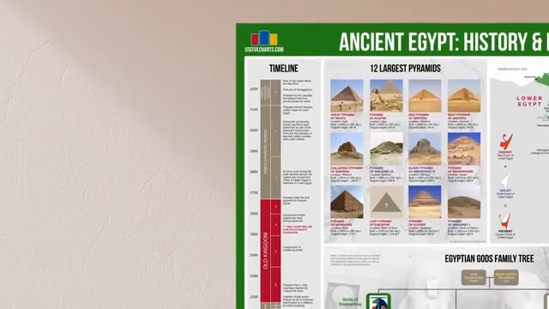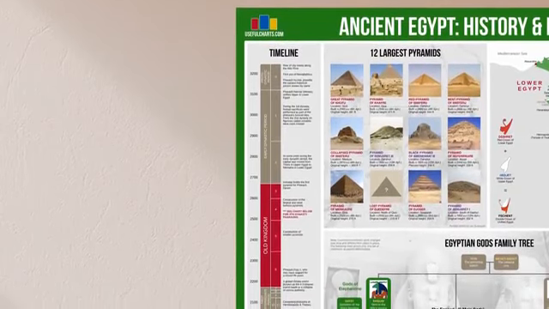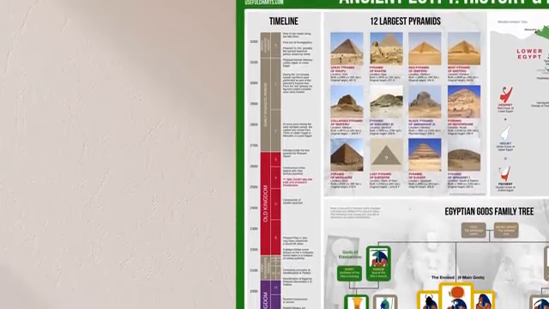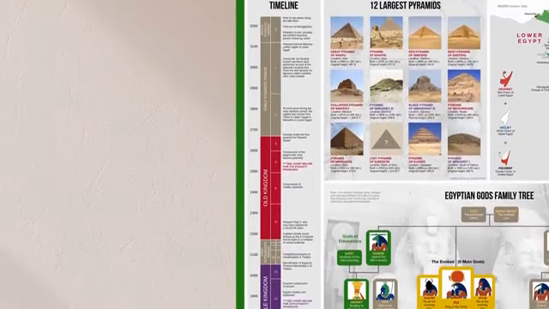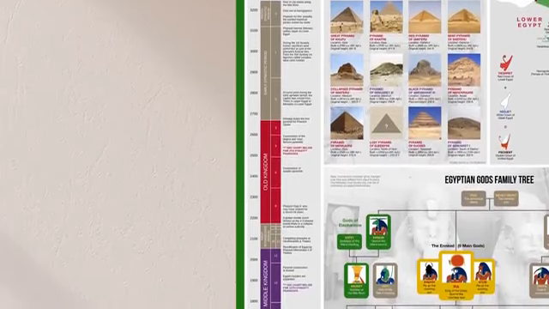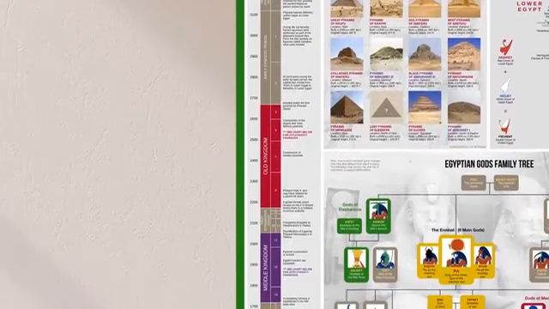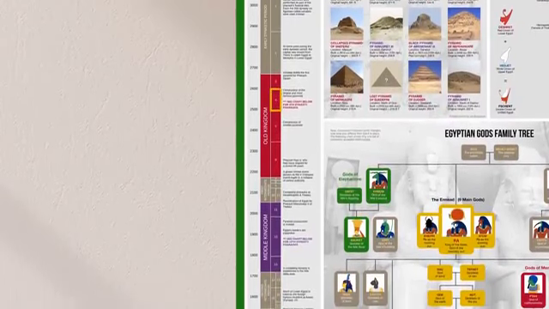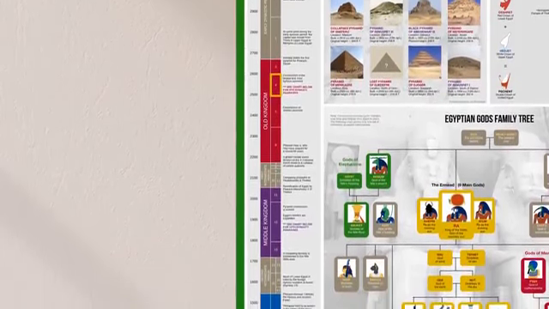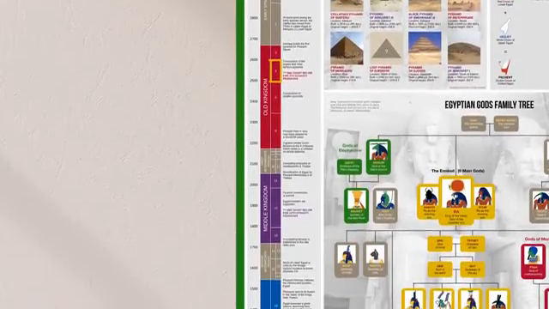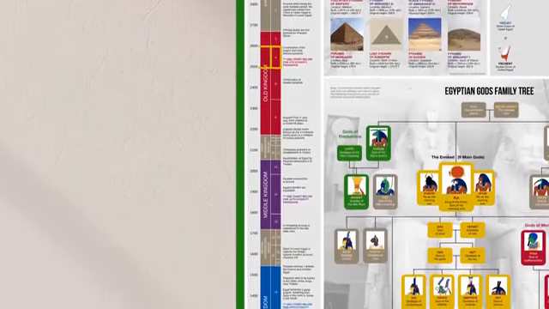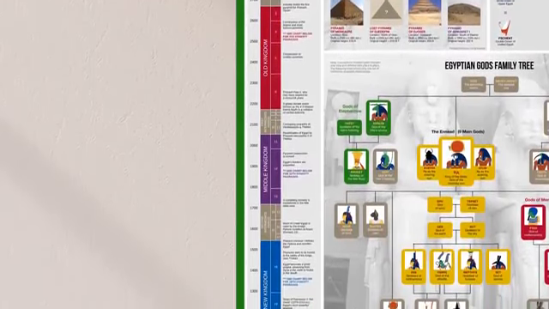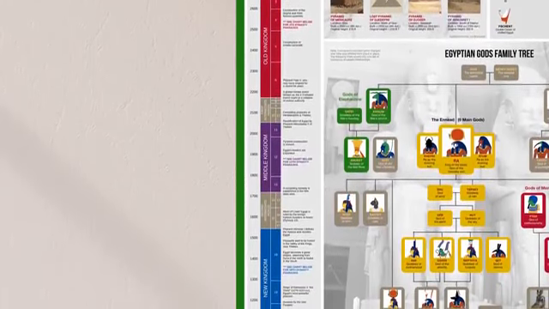We're going to start by looking at the timeline. The first thing you need to know about ancient Egyptian history is that it is divided into 31 numbered dynasties. So this is what the numbers represent on the timeline. For example, if you want to know when the 4th dynasty of Egypt was, the answer is between approximately 2600 BCE and 2500 BCE. The second thing you need to know is that there were 3 times throughout ancient Egyptian